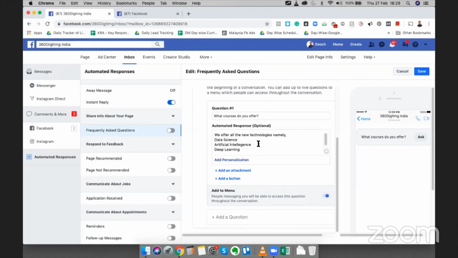Deep learning, AWS, and let's say Tableau, big data, and PMP, and digital marketing, and marketing analytics, and life sciences, data analytics, and let's say financial analytics, and let's add a couple more.